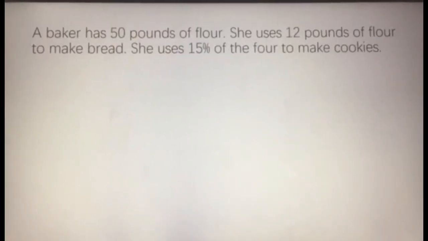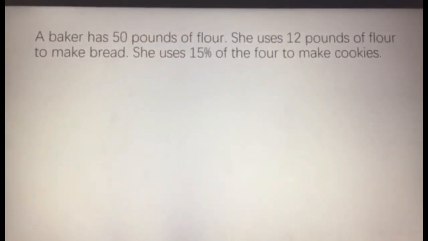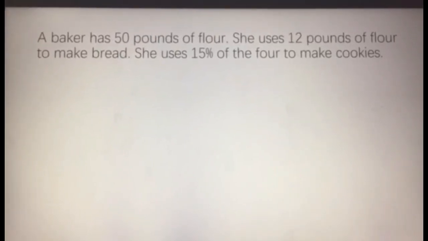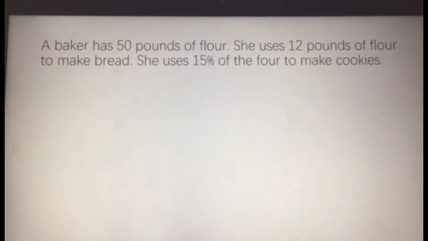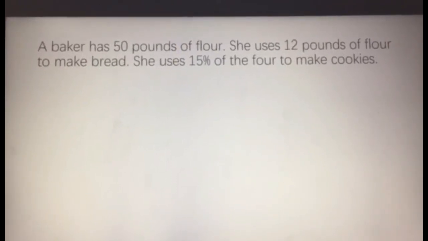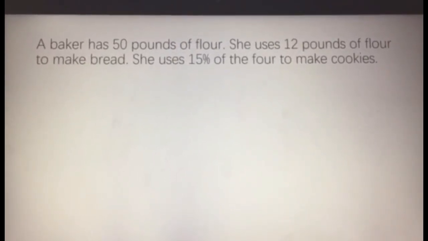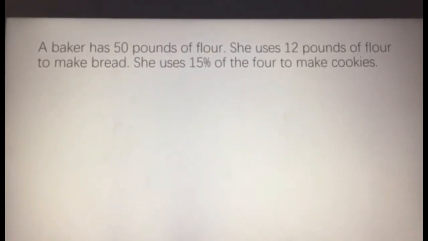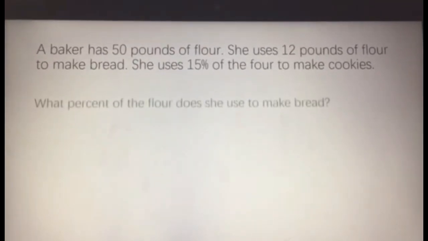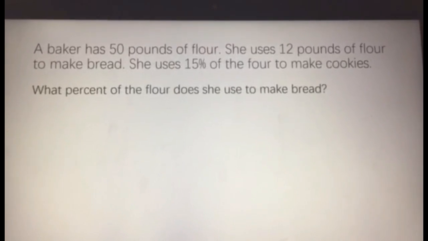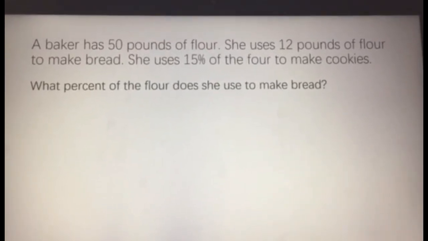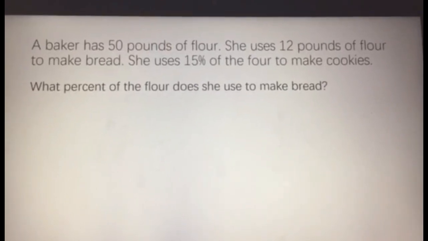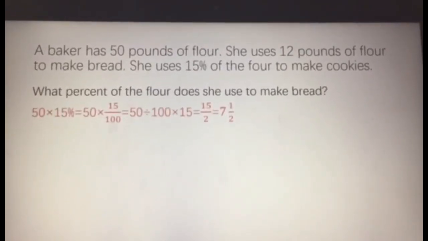And next one, word problems. In this problem, a baker has 50 pounds of flour. She uses 12 pounds of flour to make bread. She uses 15% of the flour to make cookies. And question number 1 is, what percent of flour does she use to make bread? So percent is comparing two numbers. In this case, it is